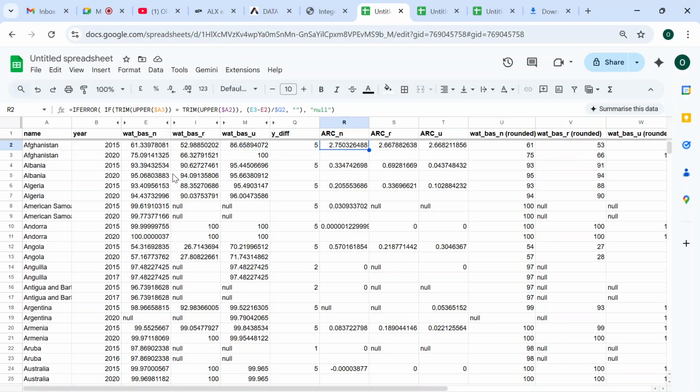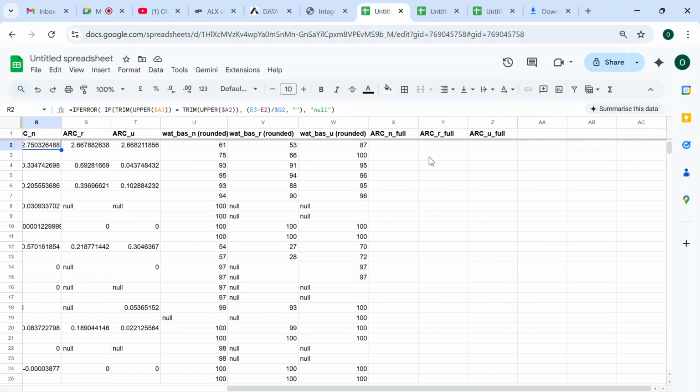come here. It will check if these are equal to each other, right? Once it's done checking, it will come here again. Let's say we are doing it for ARC n. It will come here again and check these two if they are equal to each other. So you see there are two logical expressions, and to join two logical expressions, you can use AND or OR, right? And this one is a must that the two must be true. So it must be the same country, and then the